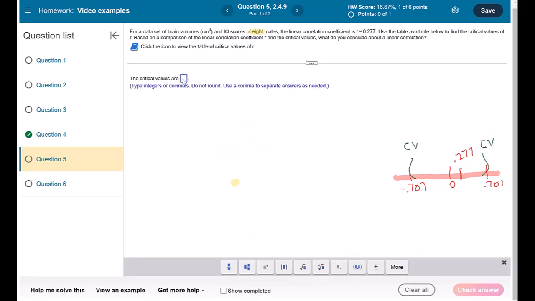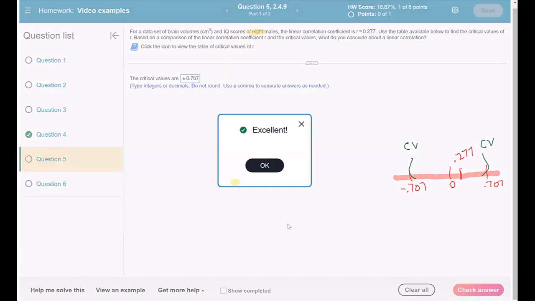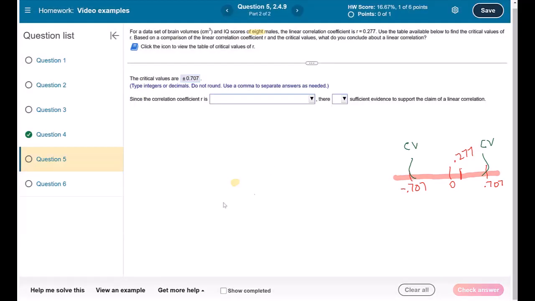First, we put in the critical value. We put in 0.707. You can put in plus here, and then you can put a comma and minus, or you can use this little plus minus, which means I want the positive and the negative of that value. Either way, whatever you like best. And that's perfect. All right, since the correlation coefficient R, so we know that's 0.277, and we put it on our graph,